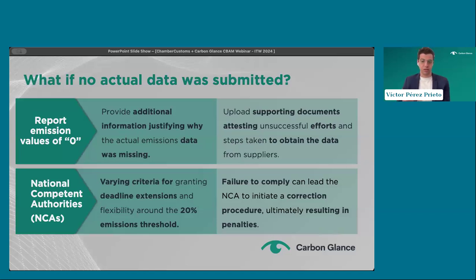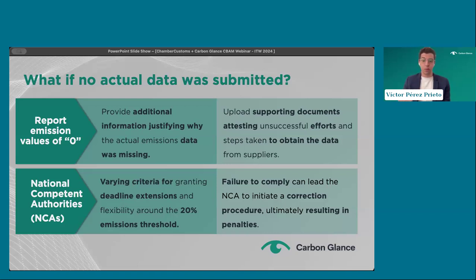So we are observing certain national competent authorities like the Dutch NCA, which is not very flexible regarding the submission of CBAM reports after the official deadline. And, for example, the Austrian NCA has permitted importers to submit reports with actual data that exceeded the 20% threshold, whereas other NCAs prefer to submit emission values of 0, as I mentioned before, instead of going beyond the 20%.